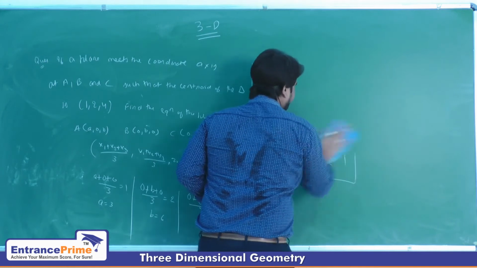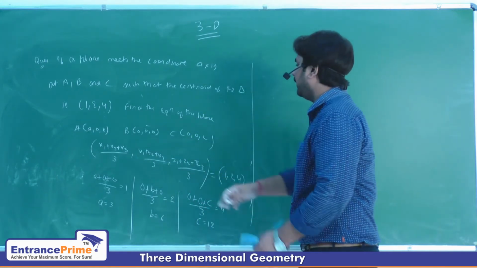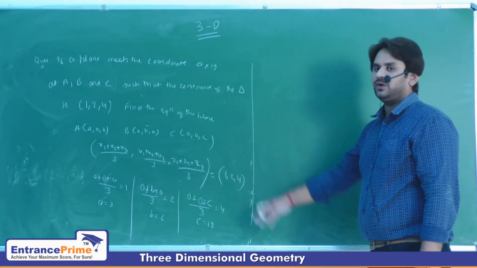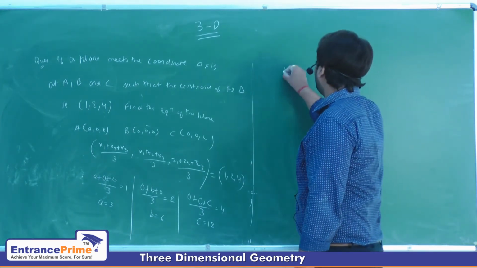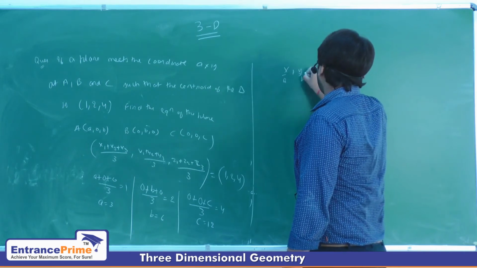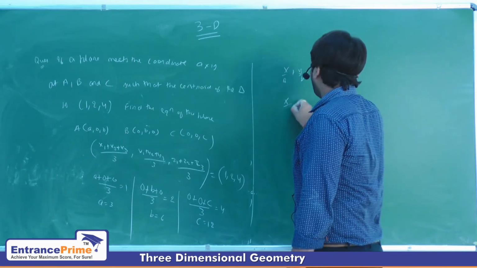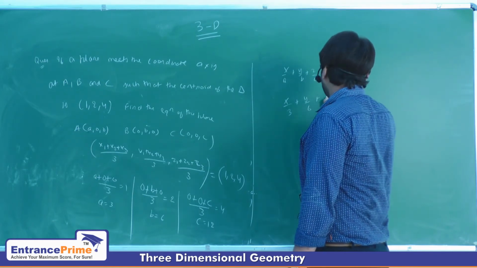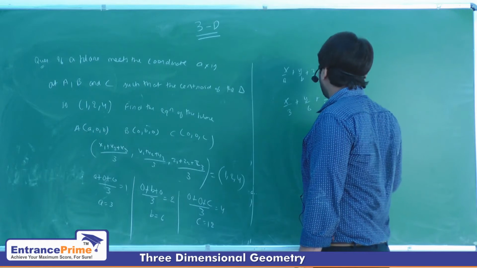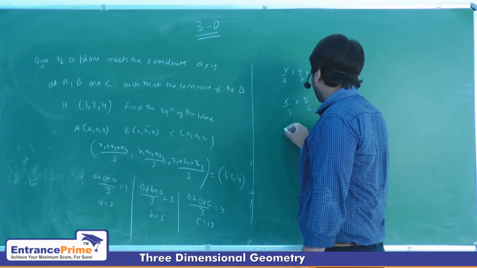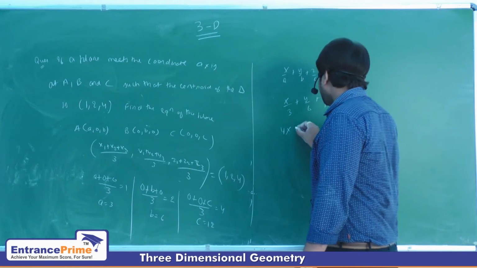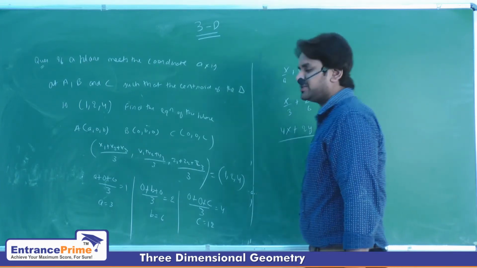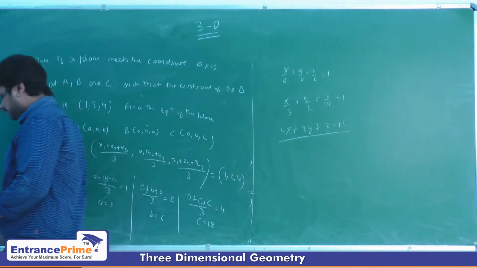Now the equation of the plane in intercept form is given by what? Here a is the length of the x-intercept, b is the length of the y-intercept and c is the length of the z-intercept. The equation of the plane will become x by a plus y by b plus z by c is equal to 1. So x by a, what is a? It is 3, plus y by b, what is b? 6, plus z by c, c is 12, equal to 1. When we multiply it by 12, it will become 4x plus 2y plus z is equal to 12. So this is the equation of the plane. Okay, note it down.